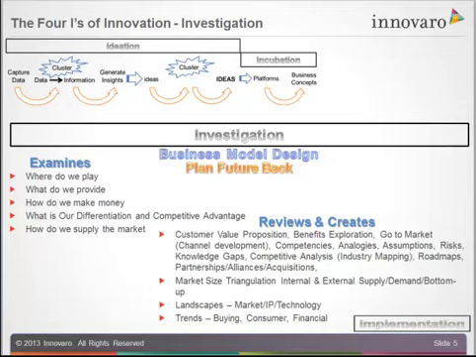And what you're doing in the business model is you're saying, okay, so this is my business concept. This is where I want to be. How do I plan for the future and plan back from there to know the steps I need to go through to get there? At a top level, this examines where we play. What are we actually in? What's the marketplace, the market space that we're in? What are the consumer groups that we're after? What do we provide? What do we really offer here to the marketplace? Now, tomorrow, next year? How are we going to make these changes in our organizations? How do we make this work?